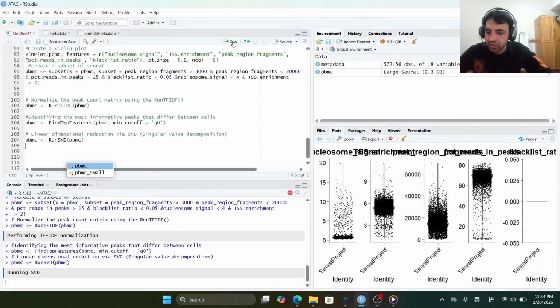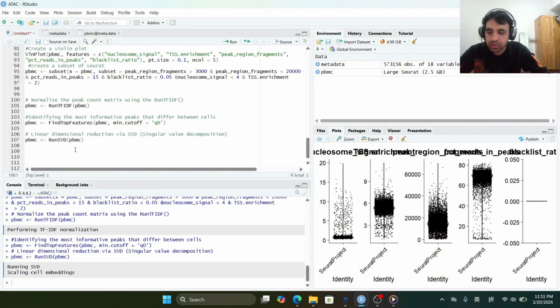The dimensional reduction using the run svd function has been launched and it's running. Finally, the svd dimensional reduction has been completed,